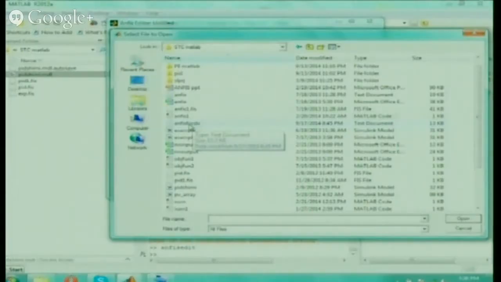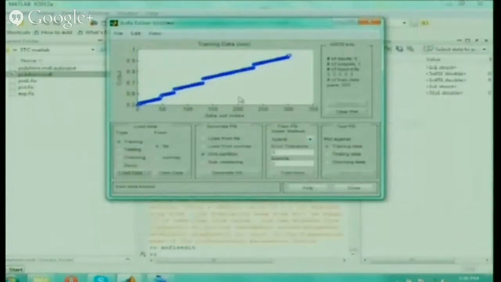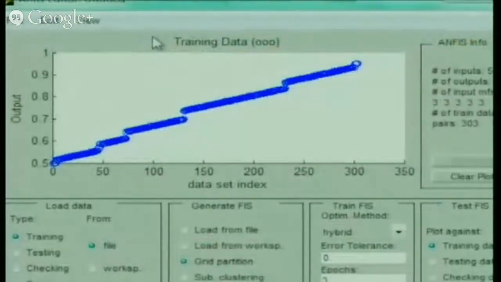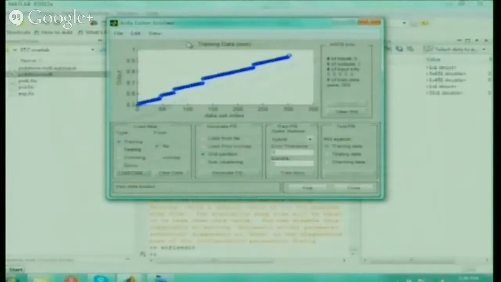So here, ANFIS for STC is a data set with 5 inputs and 1 output, and I'm just loading it. It is automatically loaded here. You can see the data is loaded. Actually, it doesn't look like this. If you saw my real data, it is somewhat a straight line only. Since I've cut some of the data from in between, it is coming like this. But with this also it is okay. I can just show you what we want to achieve. So this is my data.